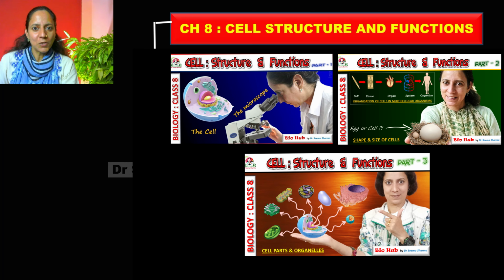Basic rules of drawing biological diagram. Since your early classes, you are drawing diagrams. But in this video, I'm going to let you know what you have to keep in mind when you have to draw a diagram. First thing, diagrams should always be drawn with pencil and with free hand. Labeling can be done with the help of scale, but drawing will always be with pencil and with free hand.